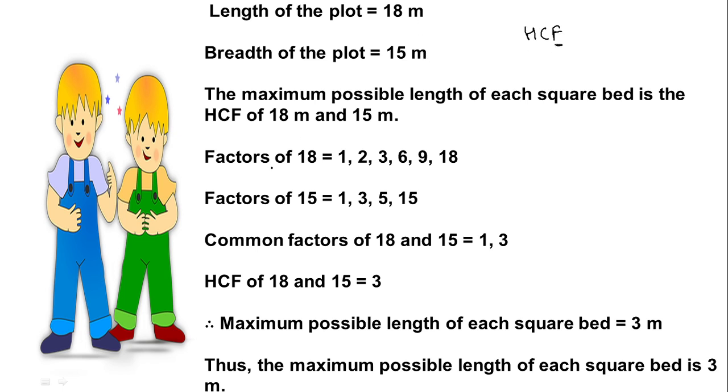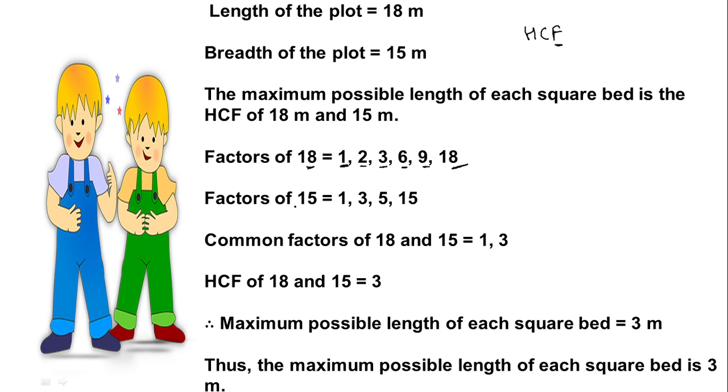Factors of 18 are: the smallest factor of any number will be 1 and the biggest factor is going to be the number itself. So smallest is 1 and biggest is 18. Then write the in-between factors. After 1 we have 2 nines are 18. Then after 2 we have 3 sixes are 18. Then in the 4 and 5 tables we don't have 18. Then in 6 we have 7 8 we don't have. Then 9. In the 10s table, 10 to 17, we don't have the number 18. So what are the factors of 18? 1, 2, 3, 6, 9 and 18.